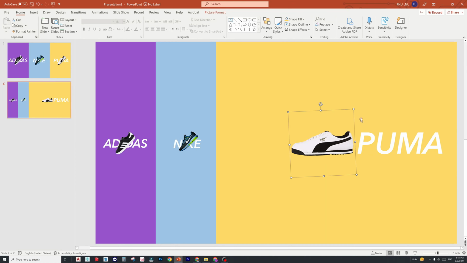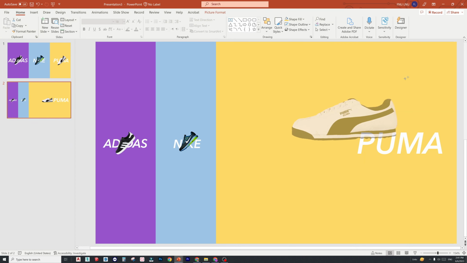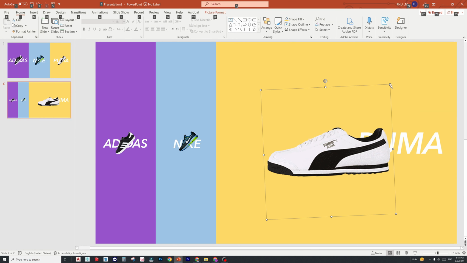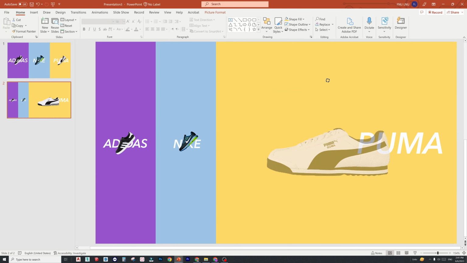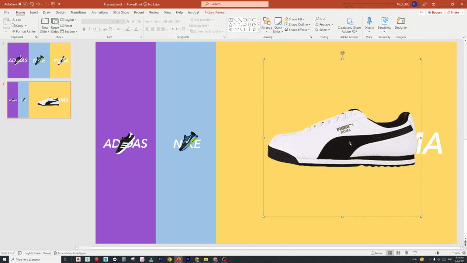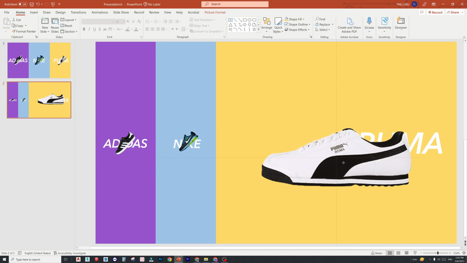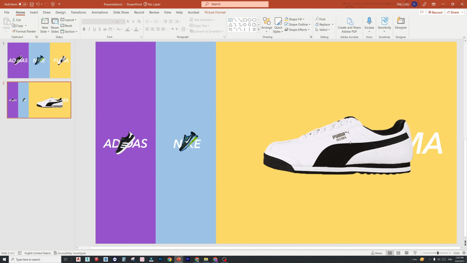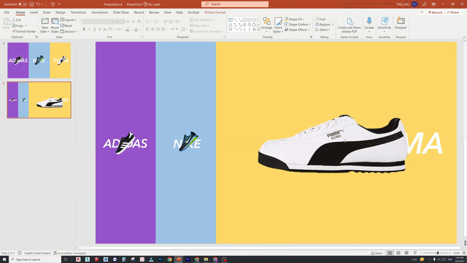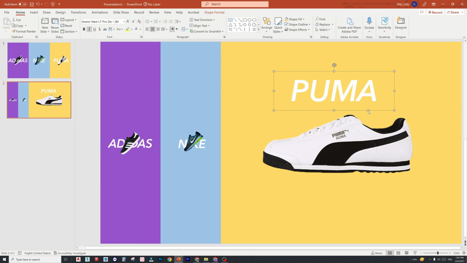and increase its size a little bit larger, like this. Bring it to the center like this. Now select the text, bring it to the top.